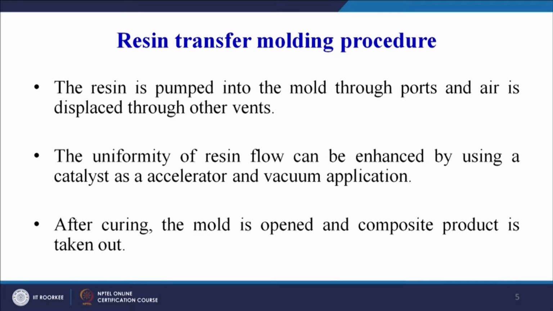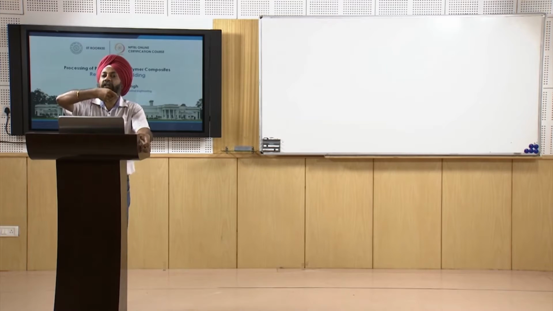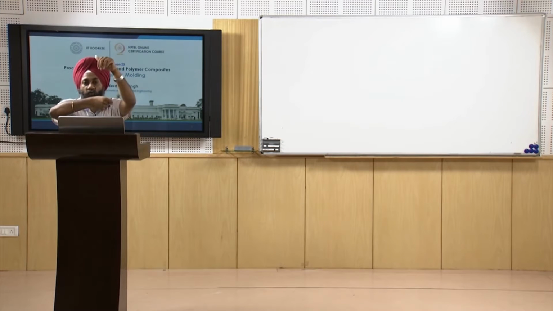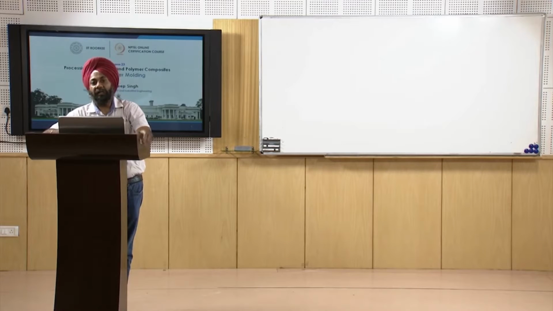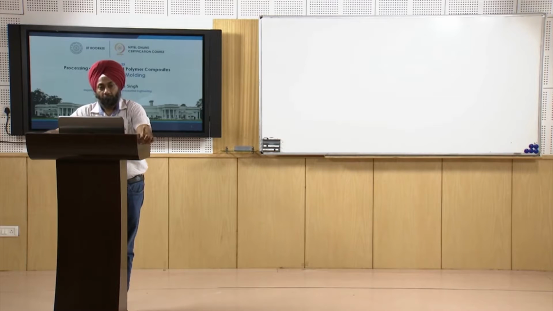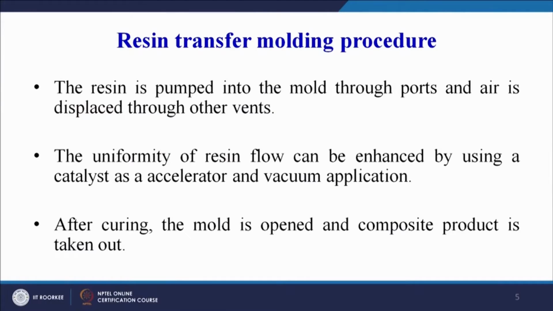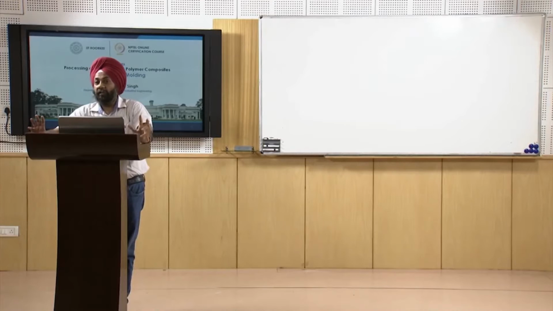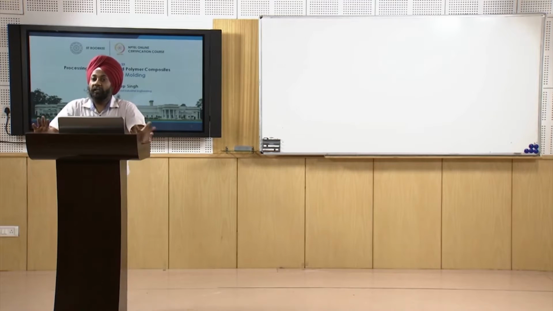So we can add accelerator. If you remember in our spray layup process, on top of the handheld spray gun there was a catalyst which was also entering into the spray gun, and the fiber was coming, the resin or the polymer was coming, and there was an arrangement for catalyst also in order to accelerate the rate of curing. So that is one additional thing, that uniformity of resin flow can be enhanced by using a catalyst as an accelerator and vacuum application. And sometimes we may add certain additives